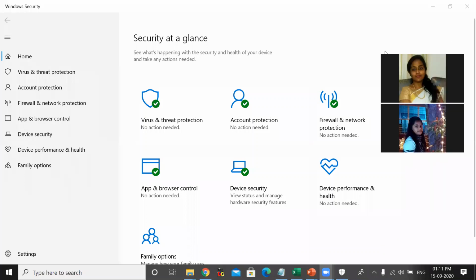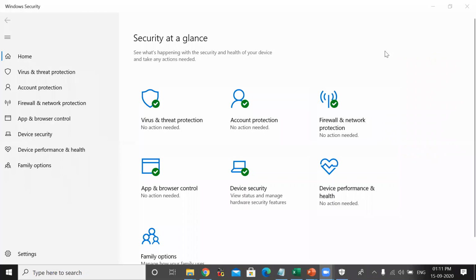You will be able to enable Windows Defender inside Windows Security. You can just enable it. Type it in the search box or you can directly go to the control panel and enable it. Don't use any of those AVG and McAfee, just avoid using them.